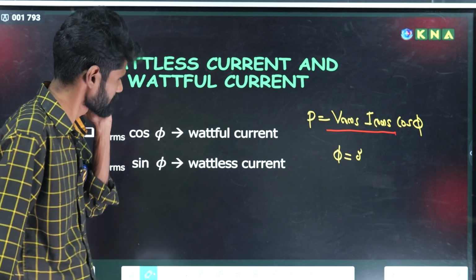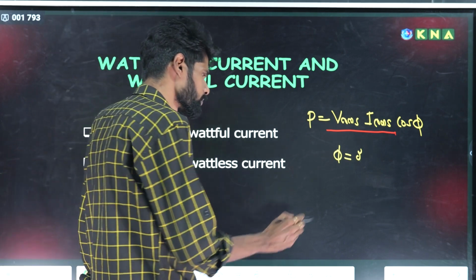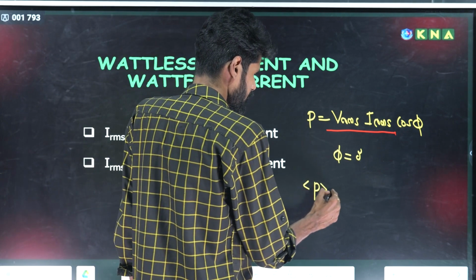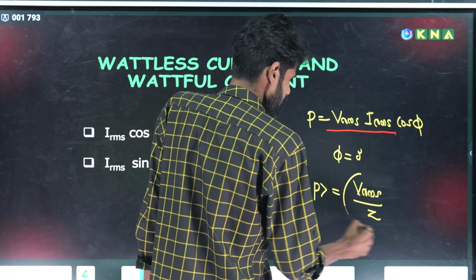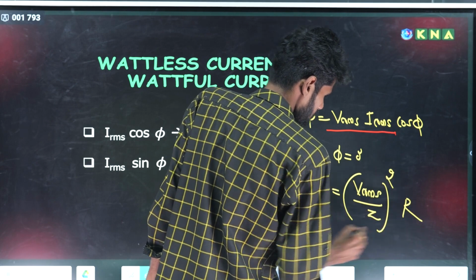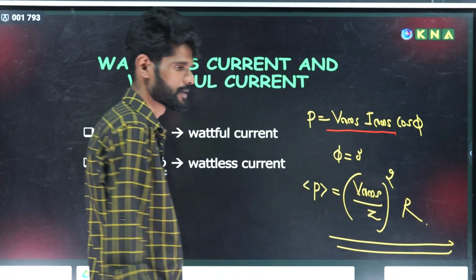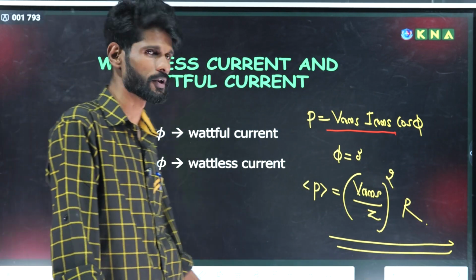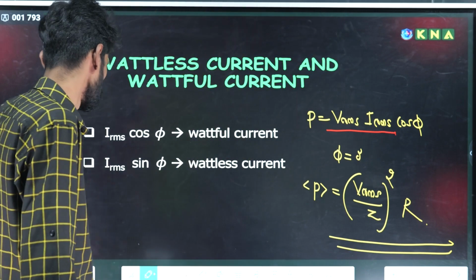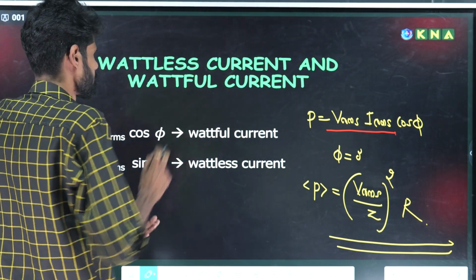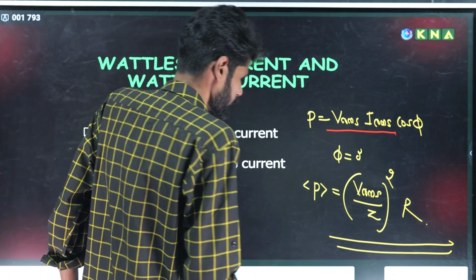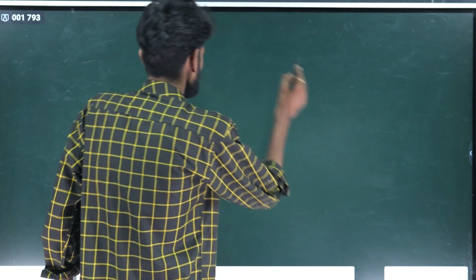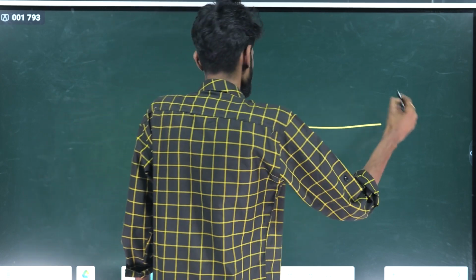Okay, so that is the power dissipated, and the average power P is equal to Vrms Irms cos phi, and it can also be written as Vrms by Z the whole square into R. This is also the power dissipated in an AC circuit. You can use this equation, no problem. Now, wattless current and watt full current. When you consider wattless current and watt full current, the power dissipated in an AC circuit is